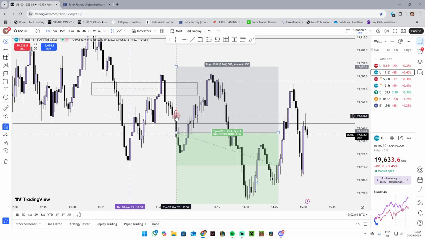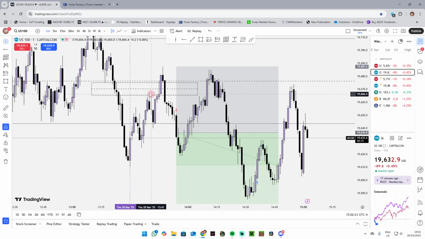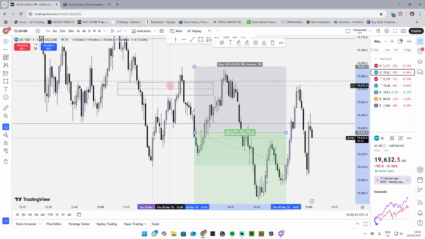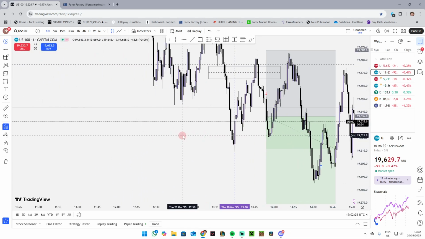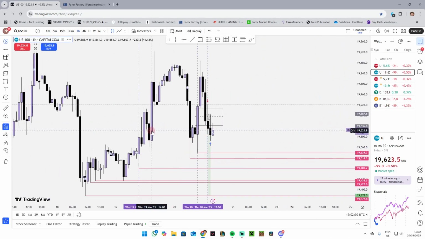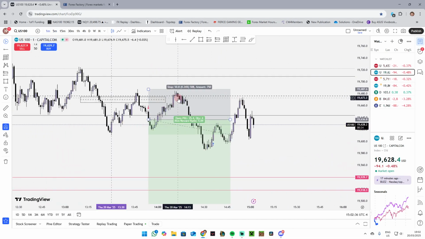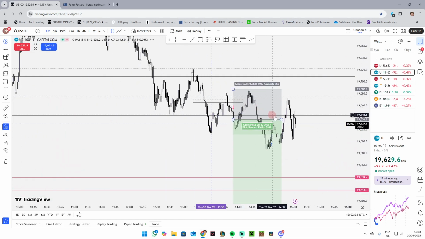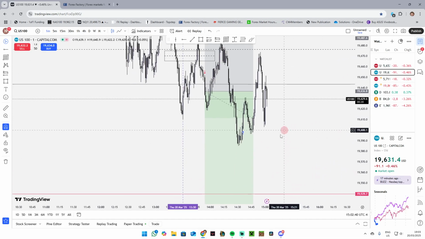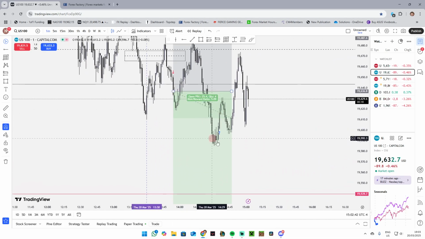Even if it doesn't hit, I'm coming into the market confident. I'm like, yeah, I did everything that I had to do. If it doesn't hit, it doesn't hit. My draw on liquidity was clearly wrong. But, you know, holy reversal, big reversal, big up the reversal. Boom, get pushed down all the way down here.